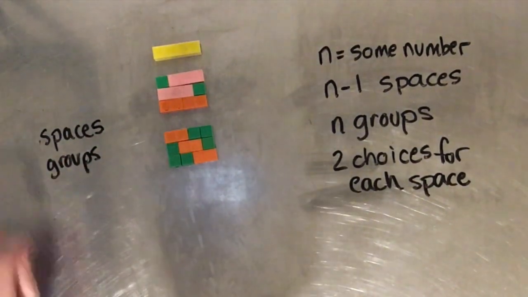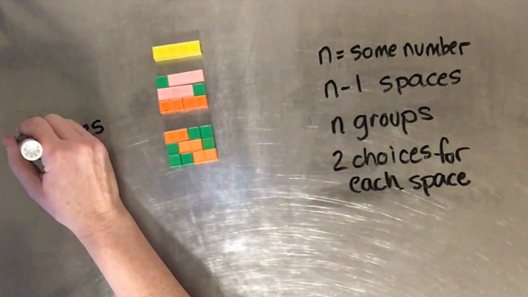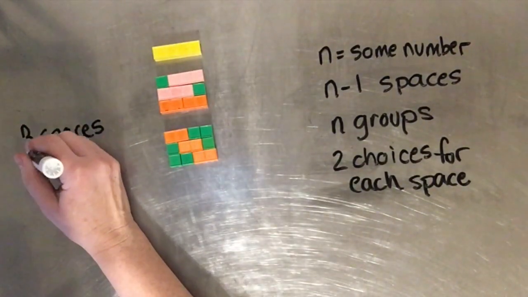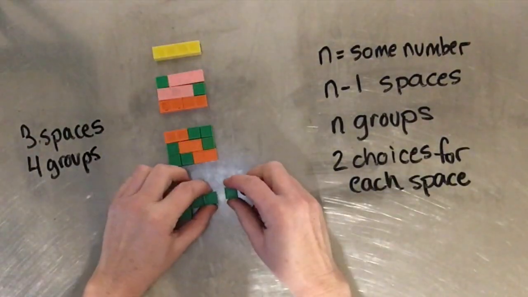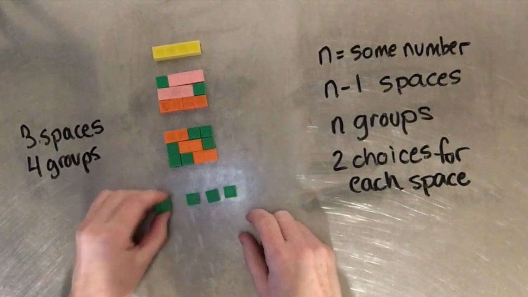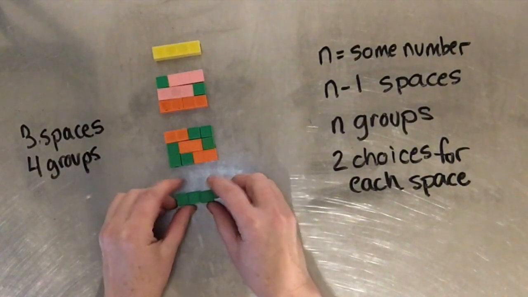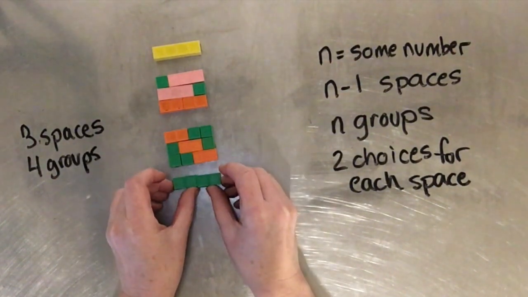So then the next thing that we're going to look at is 3 spaces and 4 groups. And there's only one possibility with that, and that is this. So we have 3 spaces, 4 groups. So we put them together like that. Keep in mind,